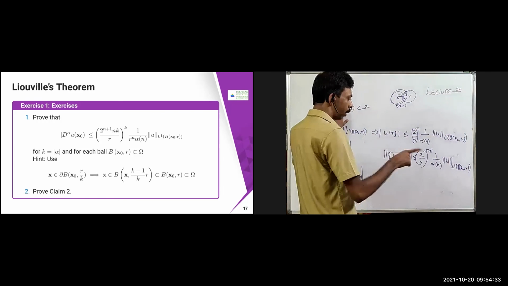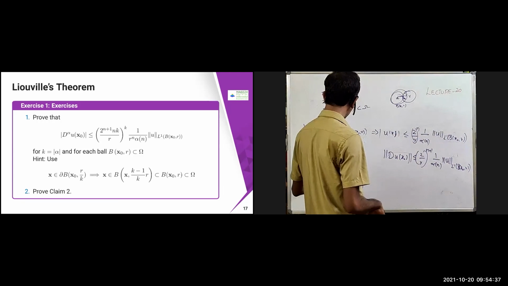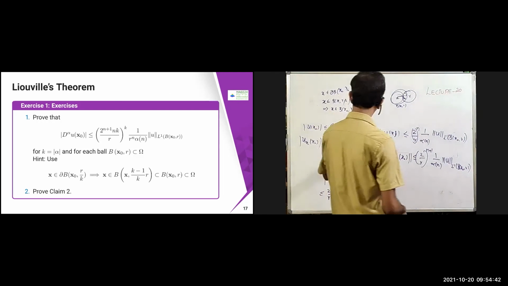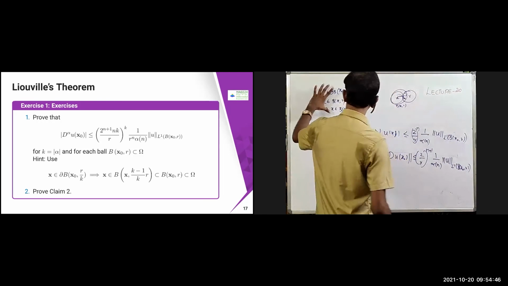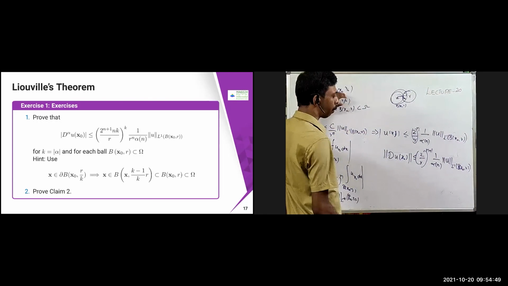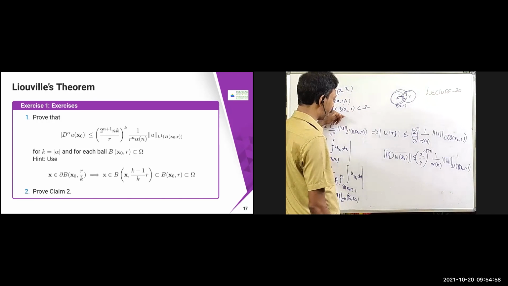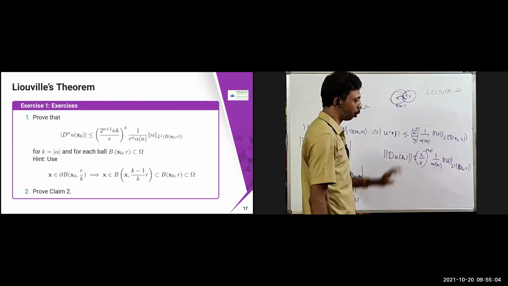In this case you have to take r by k, then the same kind of setup you can prove. Everything here is the same. This B of x naught comma r by k will be almost the same setup; only in the place of r by 2 you get r by k, and you can prove that this becomes k minus 1 by k times r, and again it is a subset of B of x naught comma r. I have almost given the proof already. From this one you have to prove this one, using the same setup.